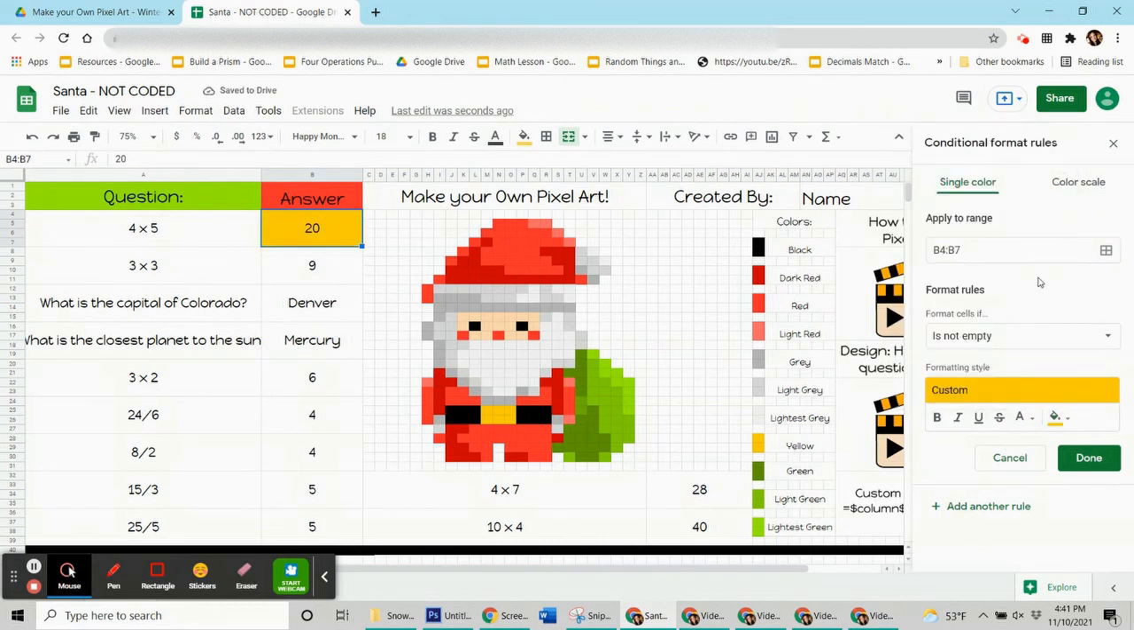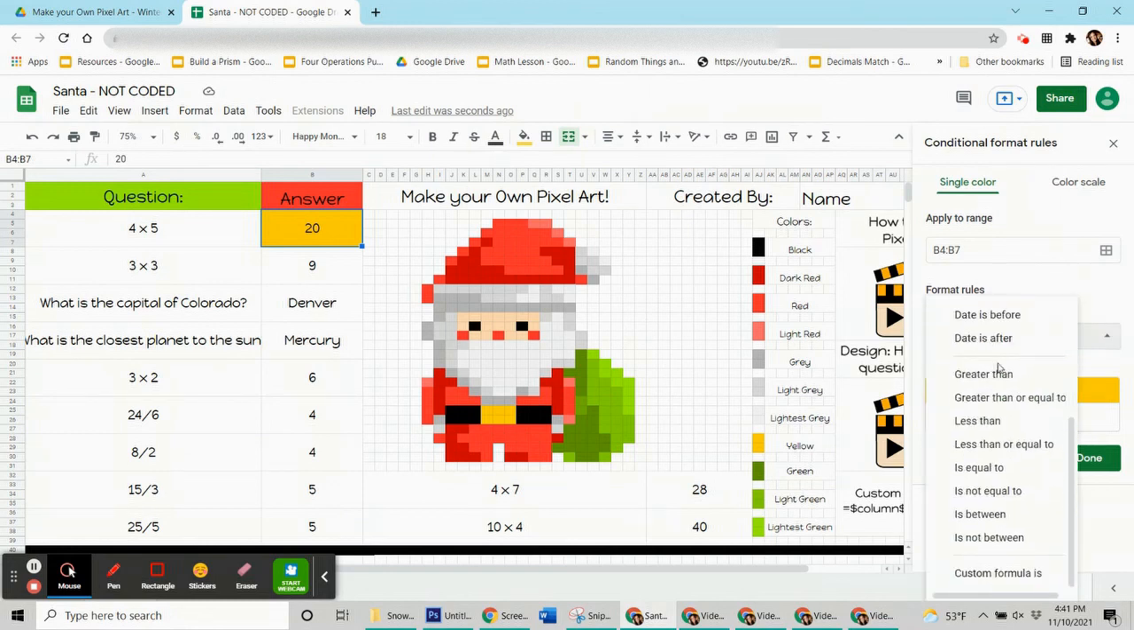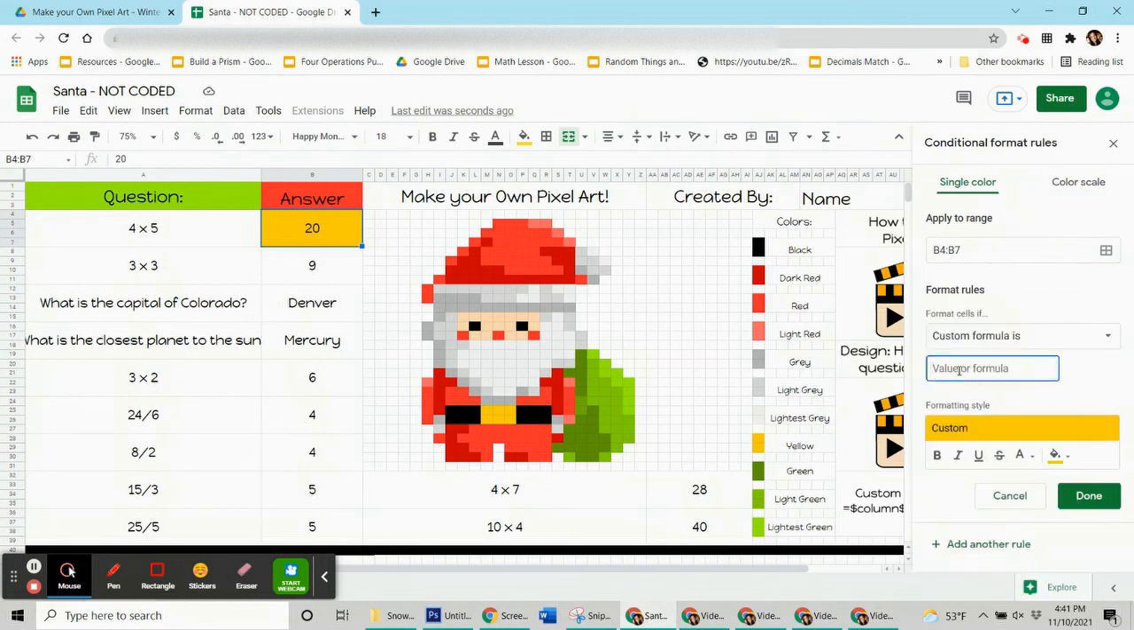And now I'm going to write my code. So I'm going to come to where it says Format Rules, Format Cells If, and click on this. Go to the very last one called Custom Formula Is. Right here, I'm going to put in my formula. So it's equals